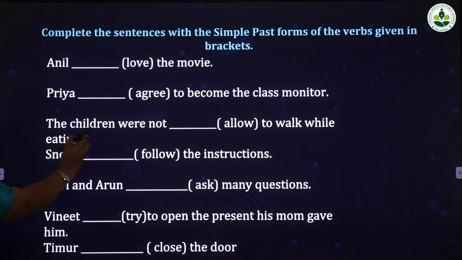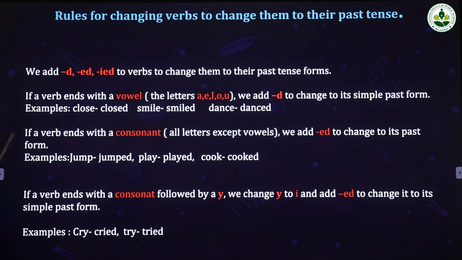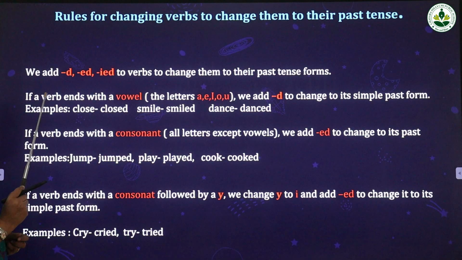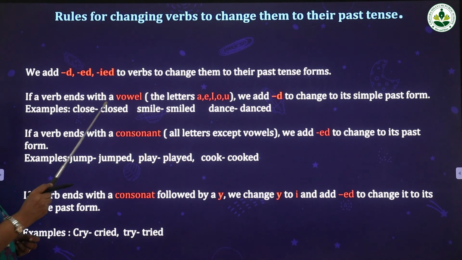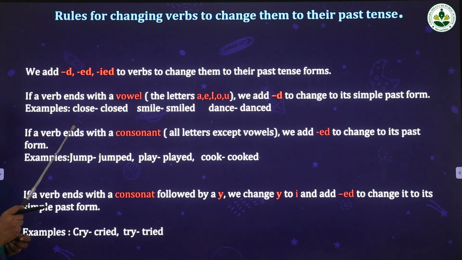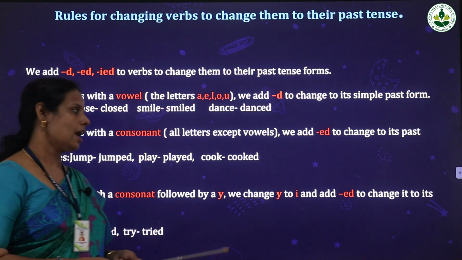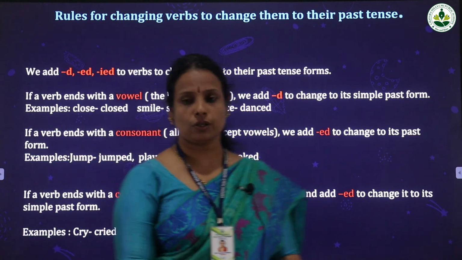So once again remember, to form the past tense of a given verb which is in simple present tense, add d, ed or ied. So when we have to add d if a verb ends with vowels, then when we have to add ed if a verb ends with a consonant letter, then when do we add ied if a verb ends with a consonant and followed by y. In that case you have to change y to i and add ed. Okay, so